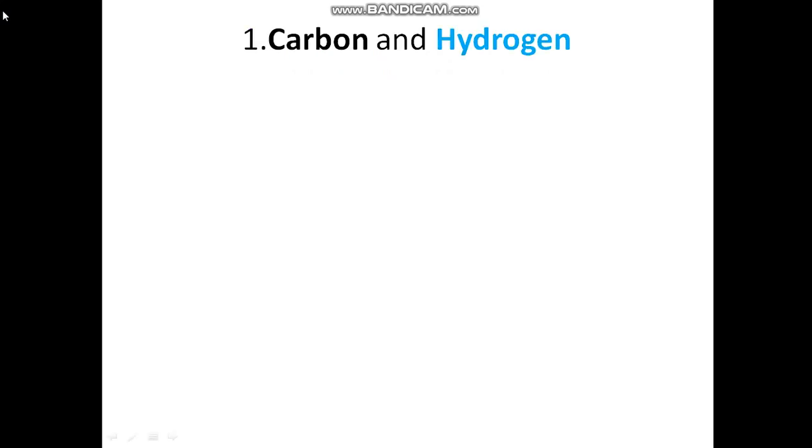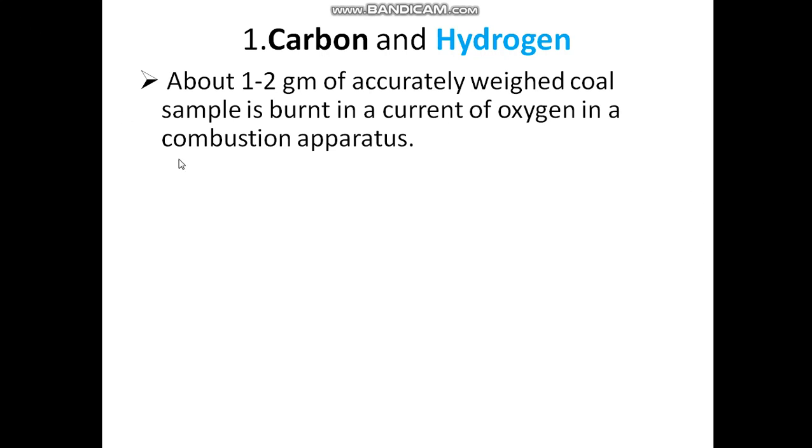So let's have a look towards the carbon and hydrogen. So what we are going to do? We are going to have an experiment. So let's have a look towards it. We are going to take 1 to 2 gram of weight coal sample, and that sample is burned in a combustion apparatus in the current of oxygen. So in the combustion apparatus we are going to pass only the oxygen and we are going to burn the